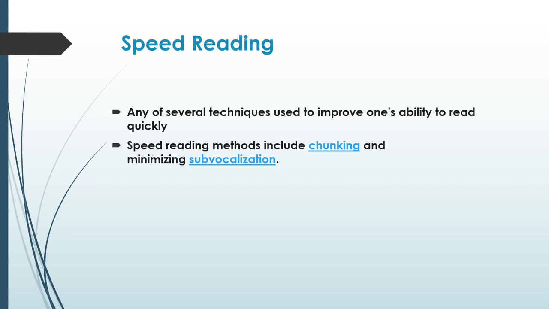I'll introduce this term, chunking. This is one of the methods or techniques of speed reading, which minimizes subvocalization. Subvocalization and chunking, these are the two things speed reading deals with. It asks you to do chunking, and it asks you to minimize or reduce subvocalization. So first, let me tell you what is